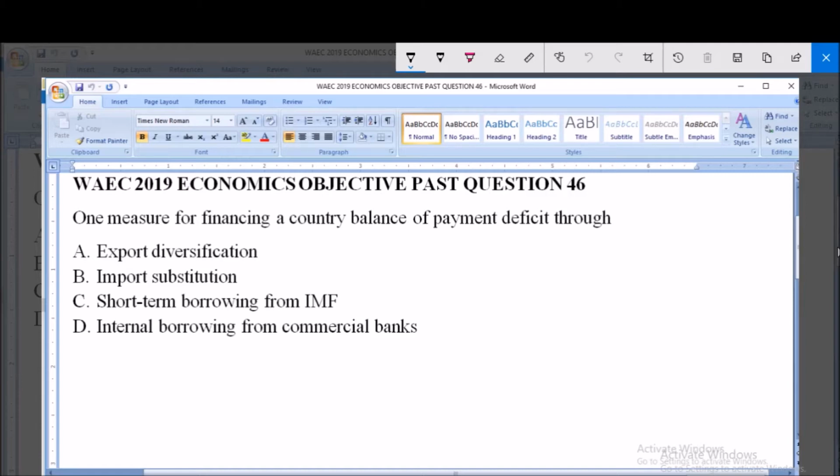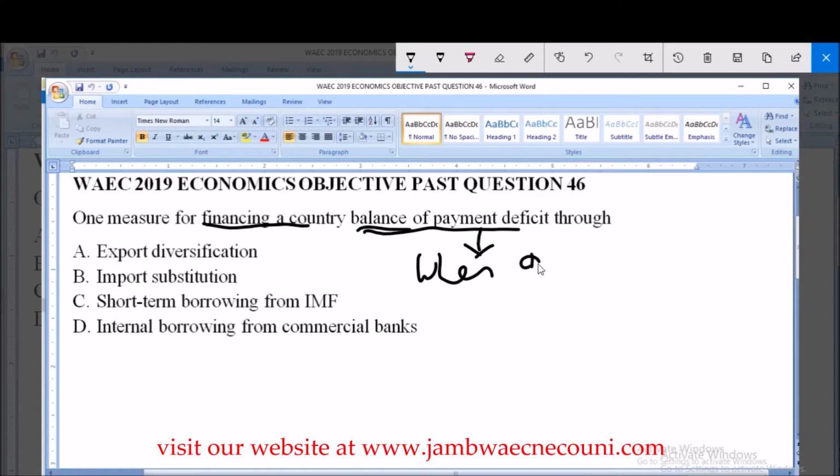So, the concept we are looking at here is balance of payment deficit for a country. What we are trying to look at here is how a country can finance itself when it is experiencing balance of payment deficit. So balance of payment deficit, the concept means when a country